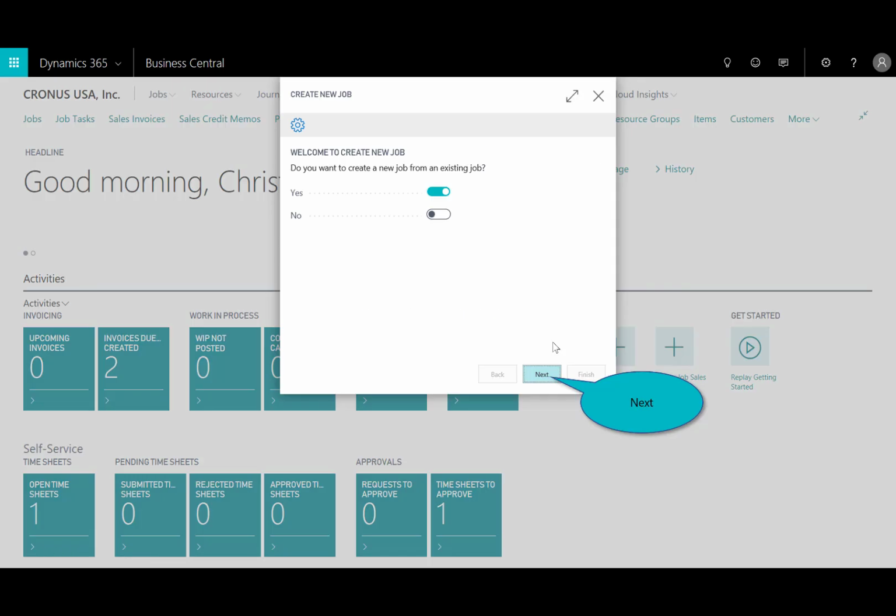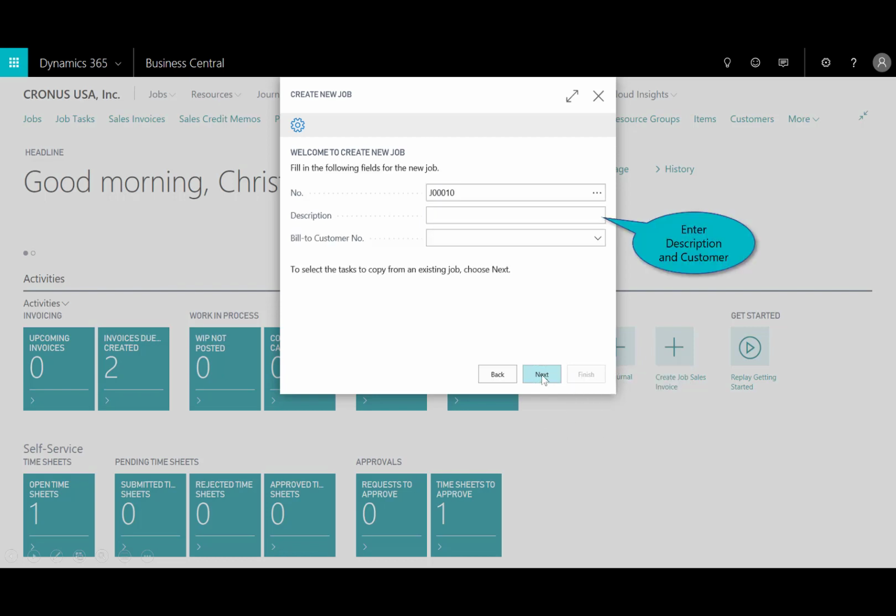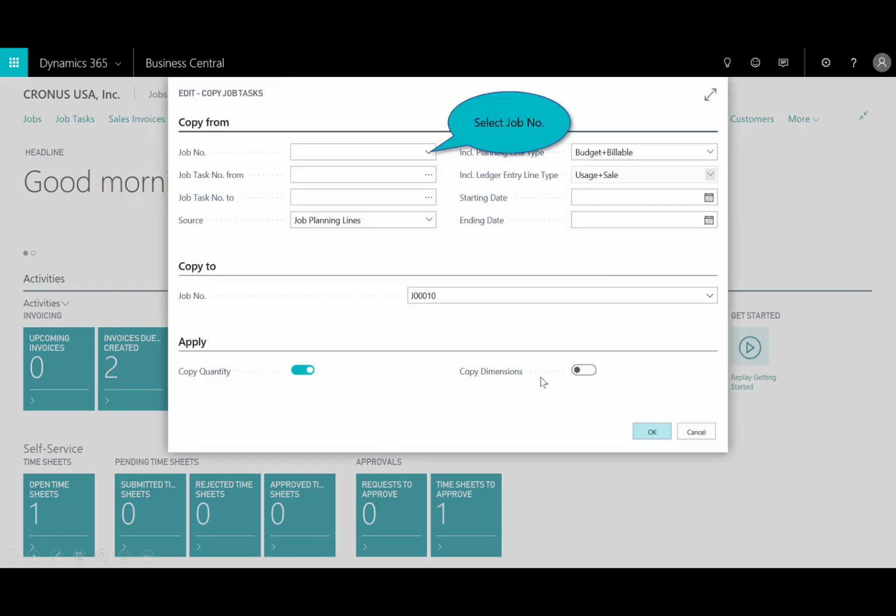new job. So the project manager decides, it'd probably be wise to leverage a previous project as a template for creating the new job. So we'll select yes and then click next. You'll put in the description. So in this case here, it's a new office remodel, and we're going to go ahead and bill customer 30,000. And the auto numbering happens for the job number. We'll select next. Now you'll see here, the project manager follows the wizard-driven prompts on the screen, beginning with the